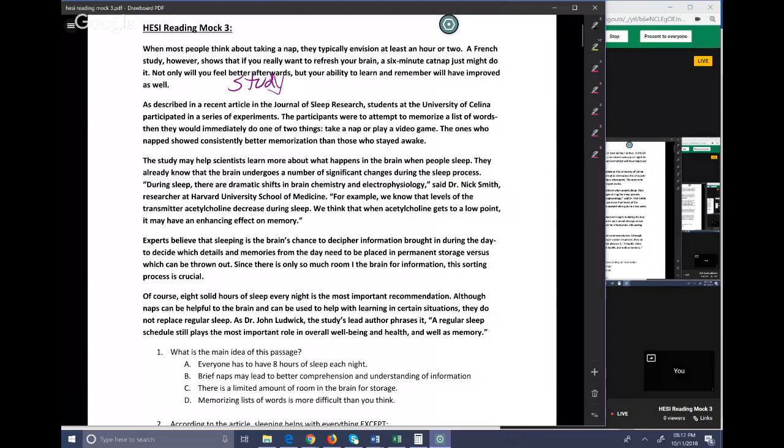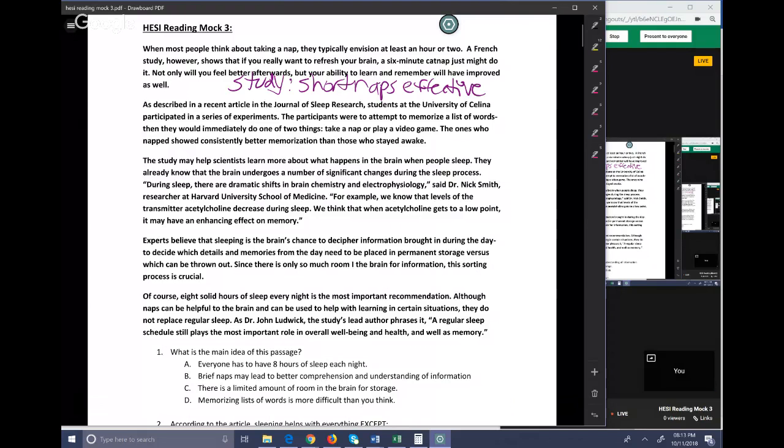So the study is critical, and then that short naps or cat naps, if you name it the same way that they did, are shown in this particular study to be highly effective. You don't have to have what they're effective at written in your main idea necessarily, just that this whole article is going to be about a study that shows the effectiveness of cat naps or short naps as being effective. So that is what you had to have there.